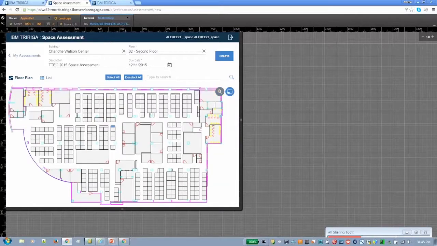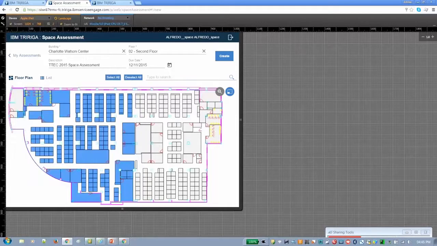the floor plan allows me to flag or mark the spaces that I want to highlight. Right, so let's say I need to execute an assessment for half of this floor plan. I can just go in here and start highlighting half of it without the need of running any searches or queries. Just go in there, select, and